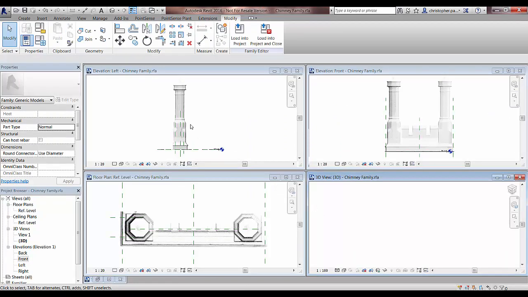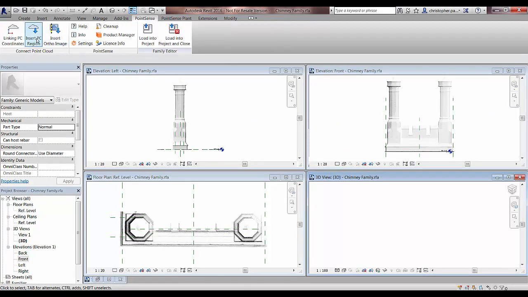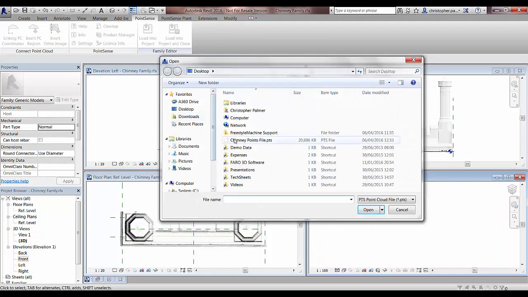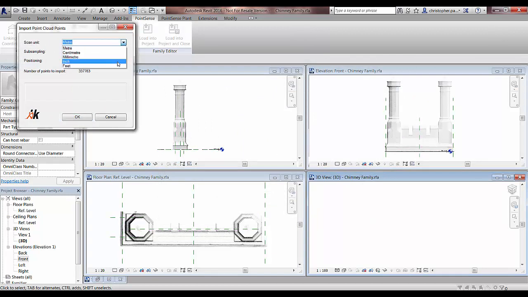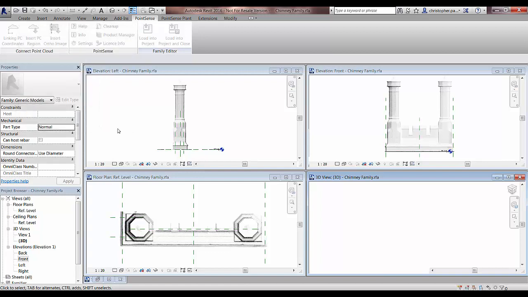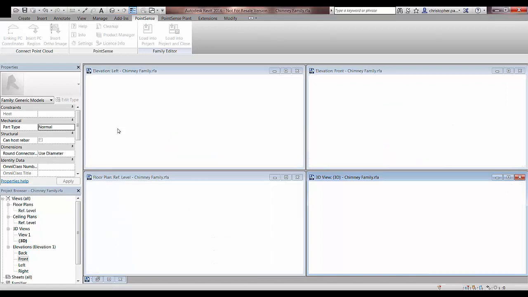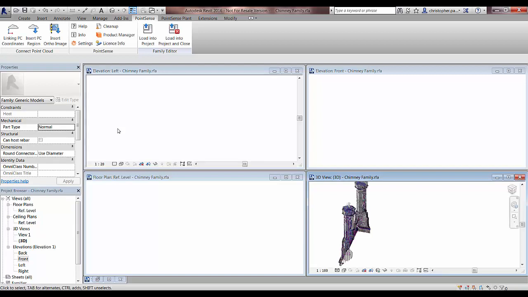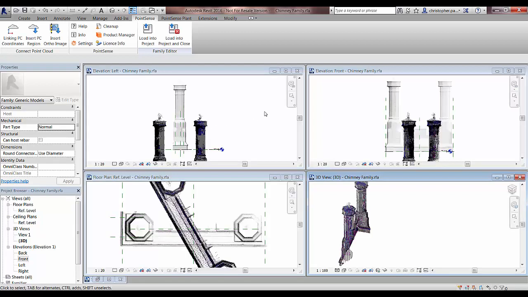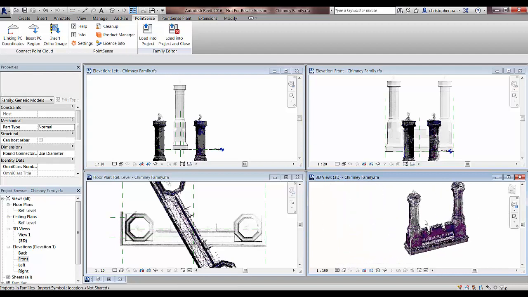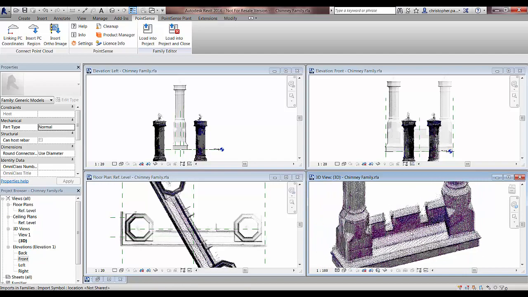So obviously this 3D view is empty at the minute. If we go back to the PointSense tab and go Insert PC Region, open up our chimney points file and press open. We can change the scale unit, which is obviously predefined to meters. We can subsample this data set down to every second point, etc. if we want to, and we can also bring that in origin to origin, or change the insert center point. So I'm just pressing origin to origin and inserting that there, and you can see it's come into the template, displayed in all the different views, and you can see in the 3D view now the type of quality of